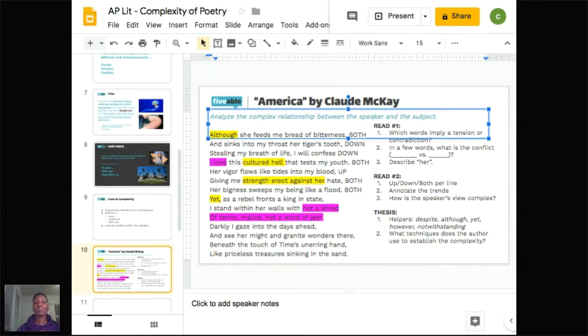Okay. So I'll just tell you what I think. If you were typing, continue typing, please. I would love to know what you all think. And if you were thinking, then just tune me out while you continue your thought. But it seems to me that this speaker is a little resigned to say that time is going to be the one to sink the treasures into the sand, and that he doesn't have endless time. Time has endless time. But to leave that up to time, even though